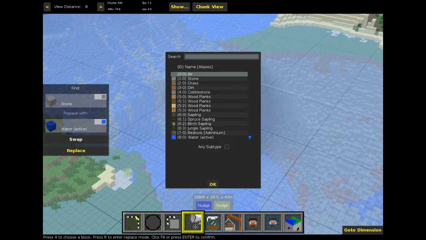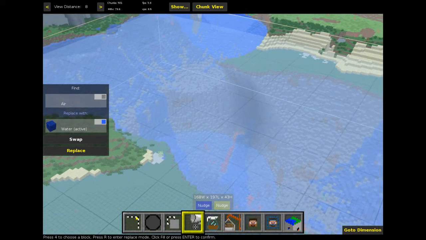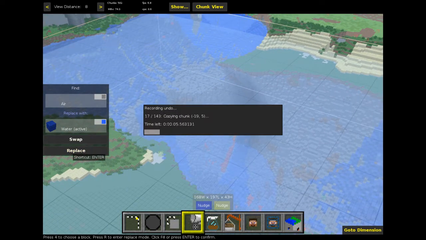Find air. Right, so find air, replace it with water. Keep your fingers crossed. And replace. This could take a little bit of a while. It shouldn't take that long actually, it's only water. It says...